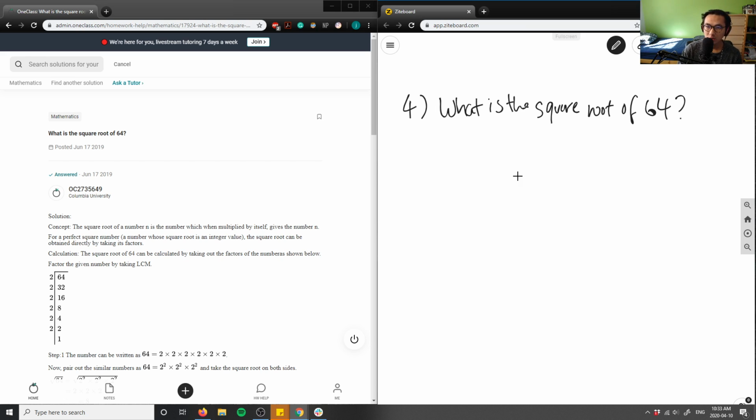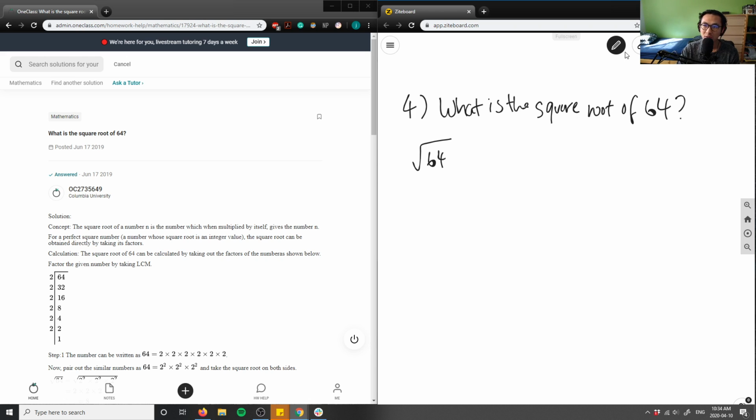Okay, so let's look over this problem. I'm going to do this in blue. I'm going to draw it out mathematically: the square root of 64. What we can do with these problems is employ a guess and check rule, or employ a kind of synthetic division rule for radicals. I'm going to do guess and check first, because that's usually what I would do first to figure out if it's a perfect square, if the square root is a whole number.